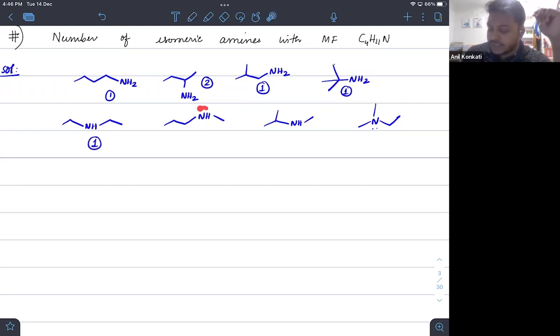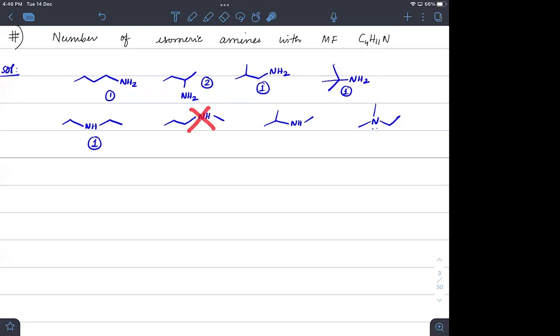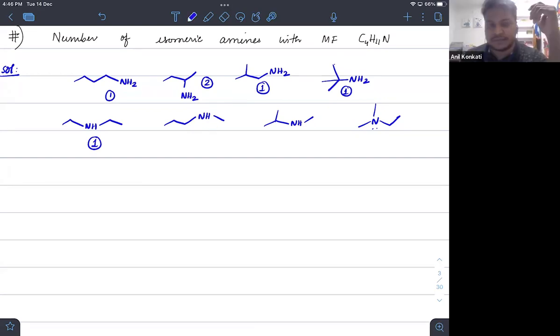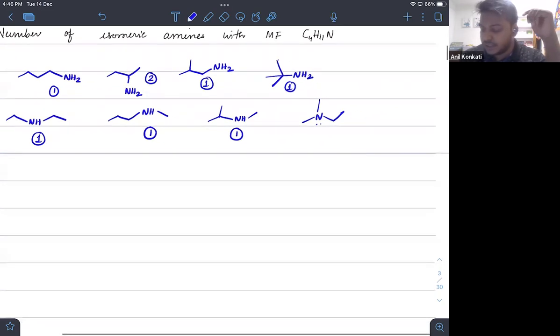This is a chiral center, but nitrogen will always have umbrella inversion, if you recall, right? From GOC, if you remember, I told you that even if nitrogen has a chiral center, and if it's an open chain, the groups will keep flapping above and below. So we can't say it has any stereoisomers. So we will count it as only one. And the same is the reason for this one also. We'll count it as only one. This one does not have any chiral center as such.